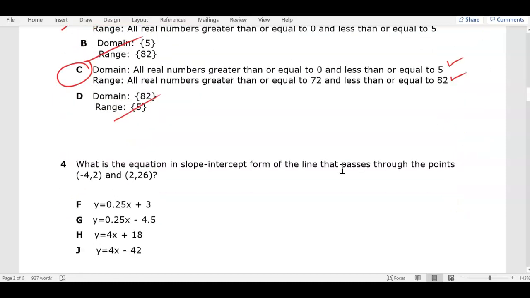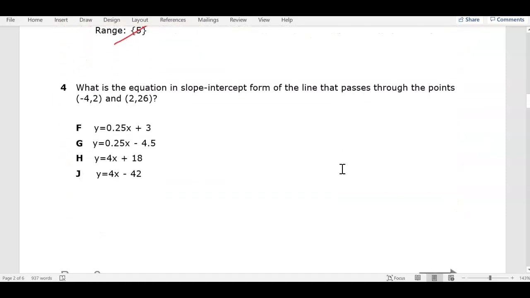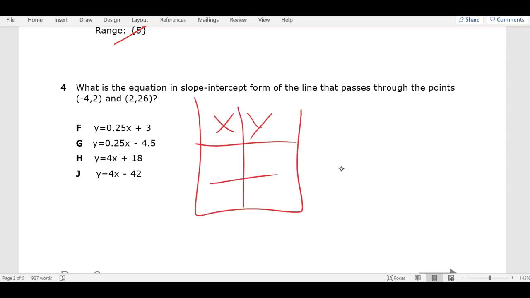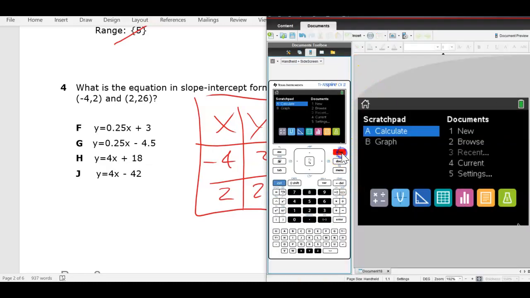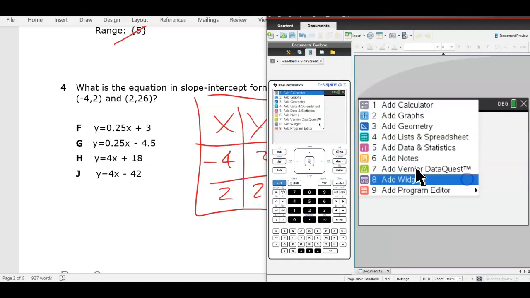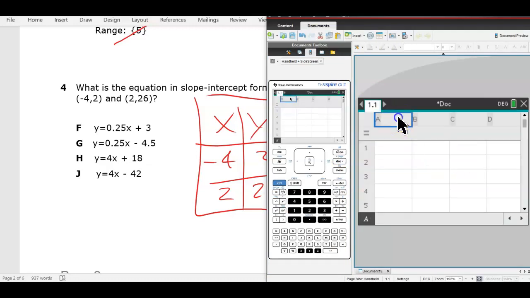So perfect. All right, what's the equation in slope-intercept form of the line that passes through the points negative 4, 2, and 2, 26? So remember, you can make a table out of this. Negative 4, 2, 2, 26. Okay, calculator's your friend. I go to, like we did before, spreadsheets. Put x and y at the top. Negative 4, 2,